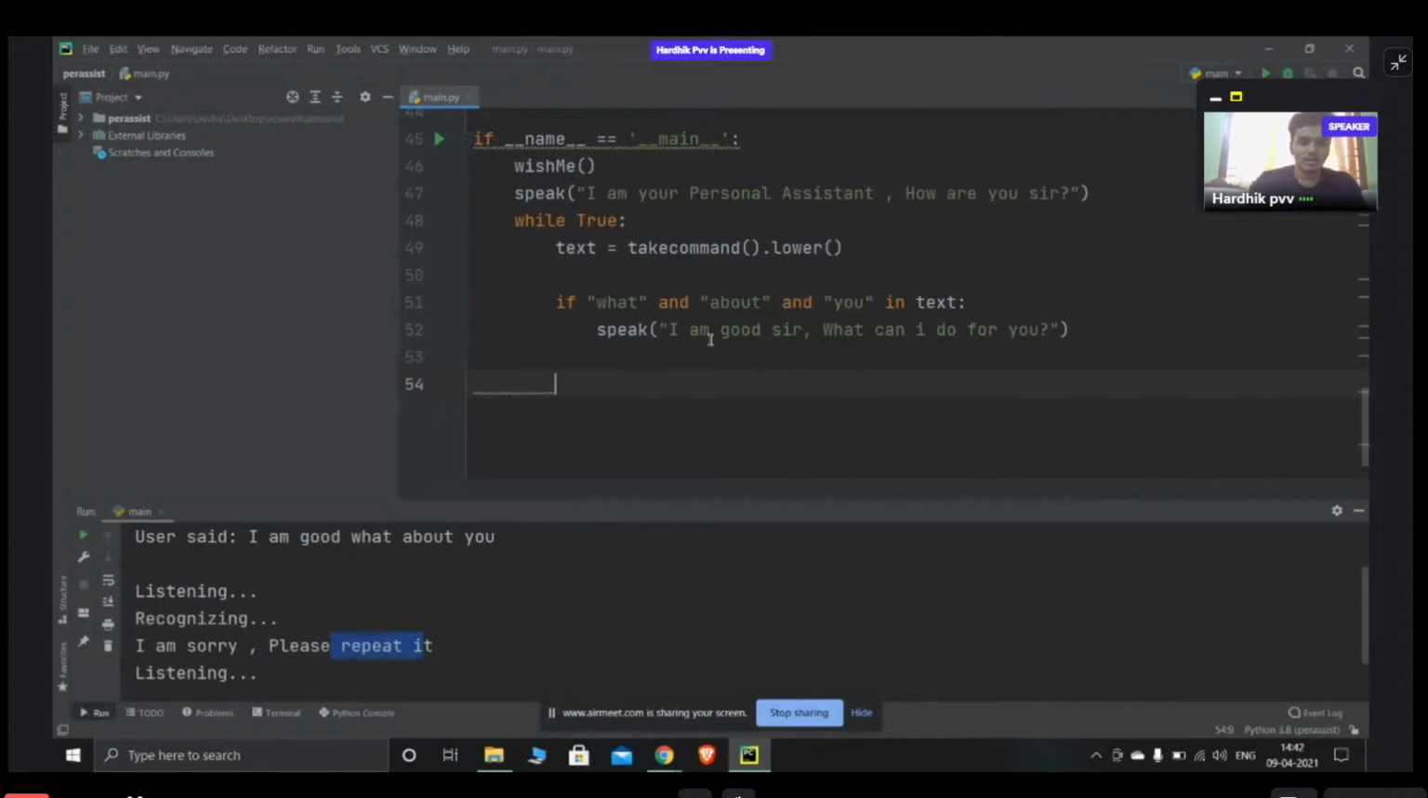So for that, after if, now I'll be using the elif function, elif time in text. So if time is there in the text, if my user input has time, then the current time. See, current time is a variable. I made a variable called current time. So current time is datetime dot